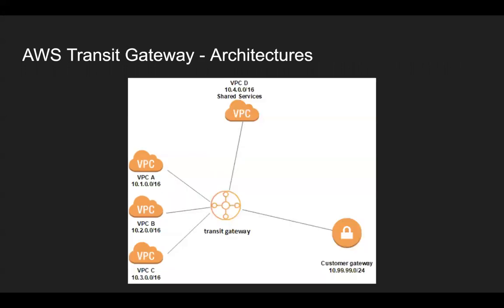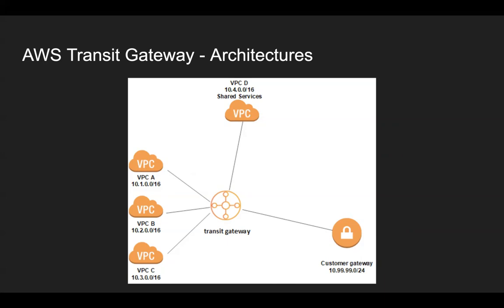Let's take a look at another architecture. Let's say, for example, you have a shared services architecture where in your shared services VPC, you have something like Elasticsearch or some centralized S3 buckets, or probably some EC2 instances serving some purpose in terms of having shared services installed onto it, which can be accessed from all the other networks that you have. So in this particular architecture, A, B, and C can talk to shared services as well as the on-prem. The shared services and the on-prem can talk to A, B, and C, but A, B, and C cannot talk to each other.